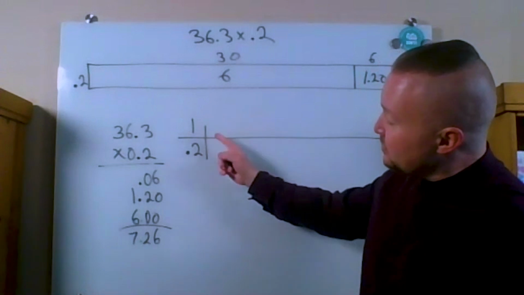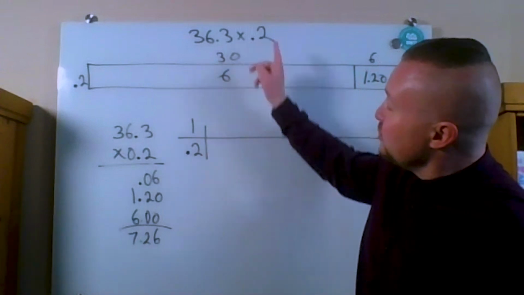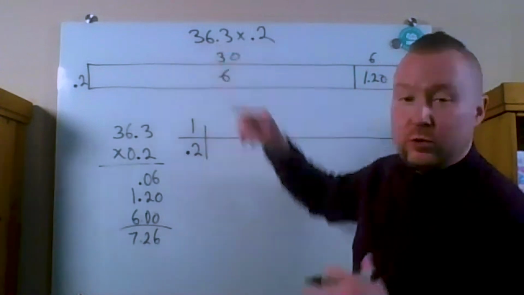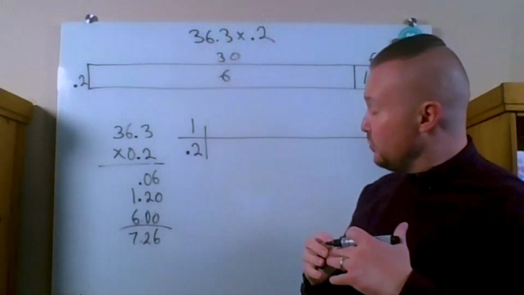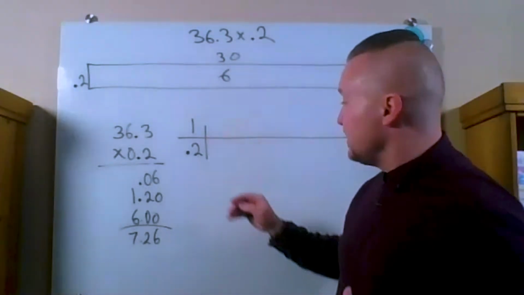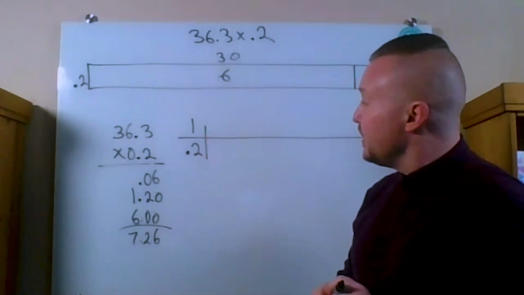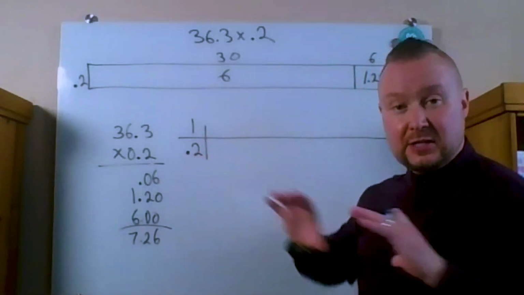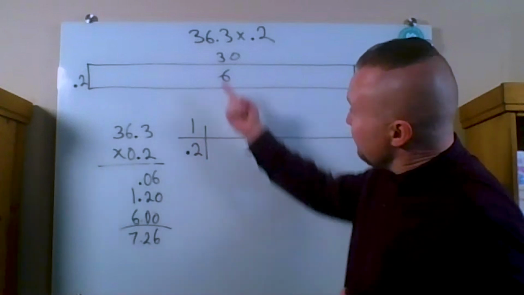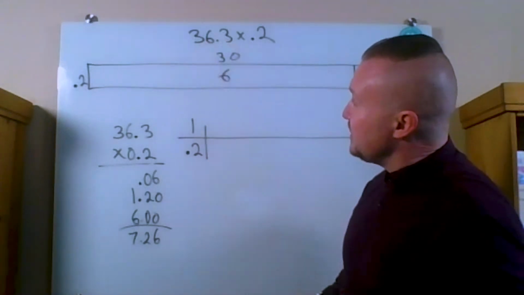So what I'm trying to do is take 2/10 and iterate or copy it 36 3/10 times. So we're going to be increasing the 2/10 by quite a bit. So what I've listed here is just, well, 1 times 2/10 is 2/10. That just gets us started. And I realized that it's going to be a pretty big jump to get up to